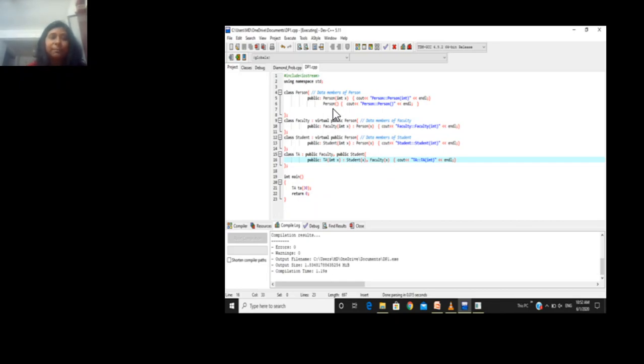There is a very simple solution for this. All you need to do is explicitly call the constructor of the person class in TA, and pass the parameters in that. It will first invoke the constructor of the person class, and then according to this list it will invoke the constructor of the faculty class, and then the constructor of the student class.